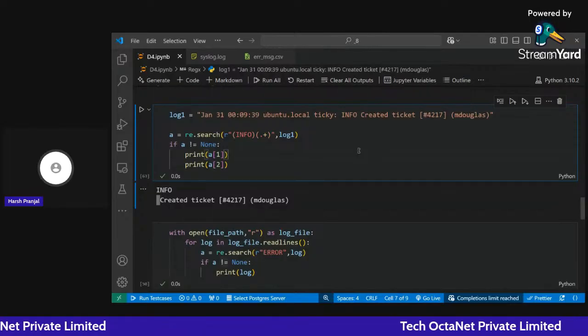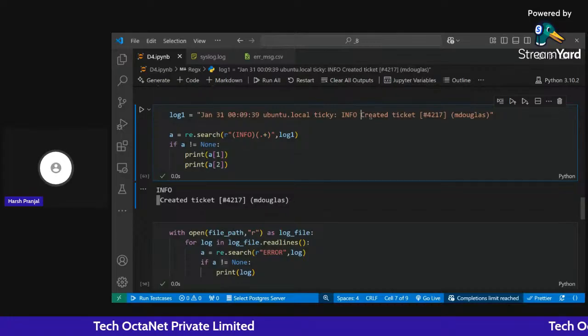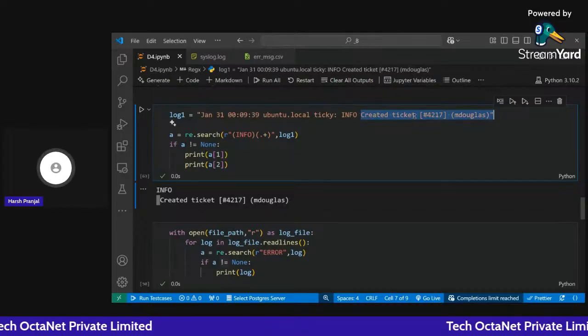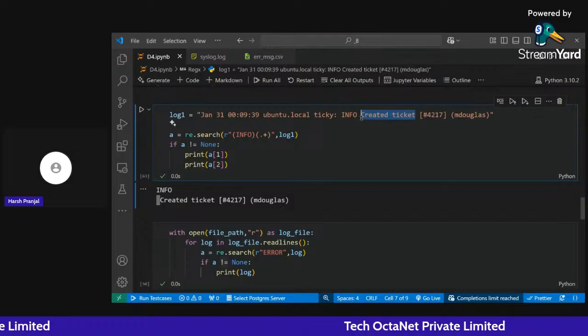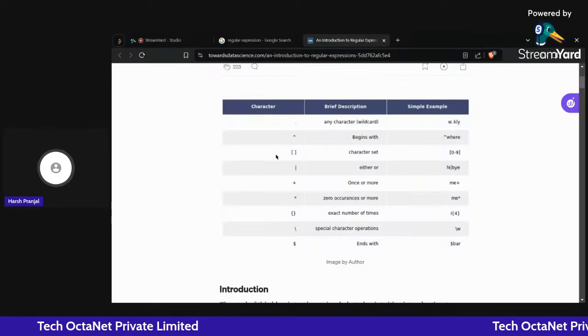Again, this one is not my correct output. I don't want all these things, all this data. I only want this created ticket, right? I don't want each and every data, right? So what I will do, see,